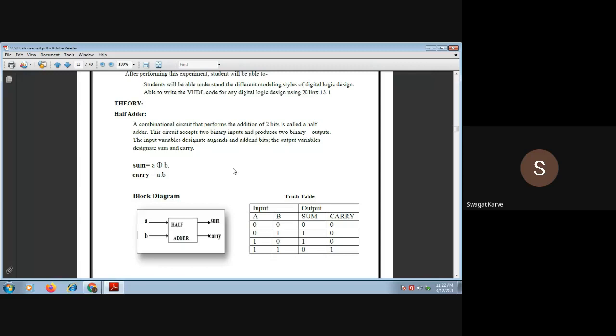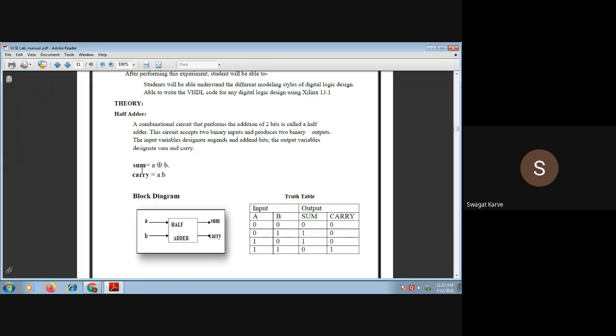Now you can check the same thing in the truth table also. What is the XOR of 0 and 0? It will be 0. This is for the sum. What is the XOR of 0 and 1? It is obviously 1, so here we are getting 1 as the sum. Now if the input is 1 0, the XOR of 1 and 0 is 1, so again we get 1. And finally, what is the XOR of 1 1? It is 0. That's why for the 1 1 combination we get the sum as 0.